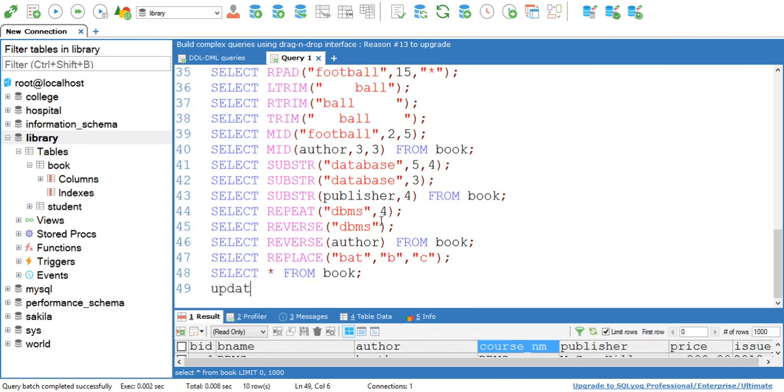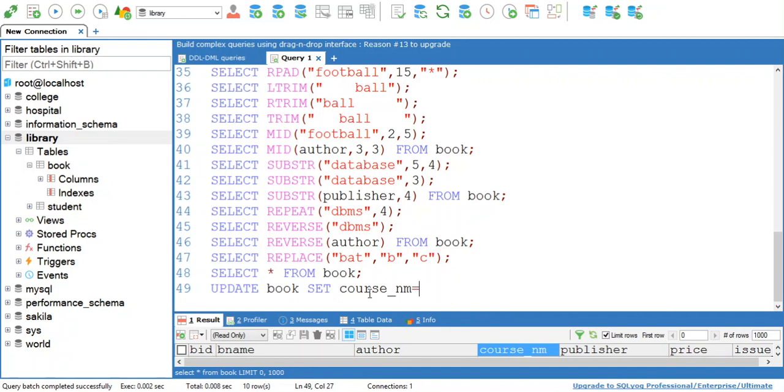So I have just written the query update book. I want to update. Okay, so update book set course name equal to. Okay, now I want to replace course name dbms with database. So I can simply write update book set course name equals to replace, in bracket write down your original string.